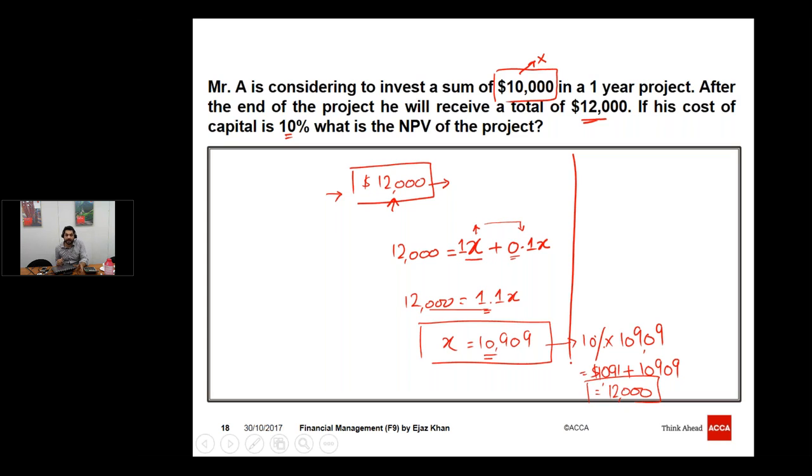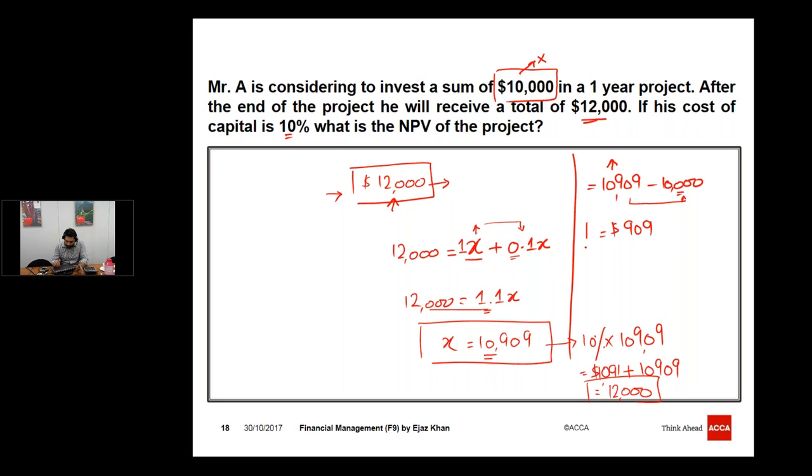So this is the maximum that he would like to invest for this project. Now let's compare it with the required investment in this question. The amount that he wants to invest at max is 10,909. And the required investment, may I know the required investment in this question? What's the required investment in this question? 10,000, yes. So even if Mr. A invests 10,909 today, he will get his 10% return. According to the question, the required investment is just $10,000, which is well below the amount that he is willing to invest. And the difference is